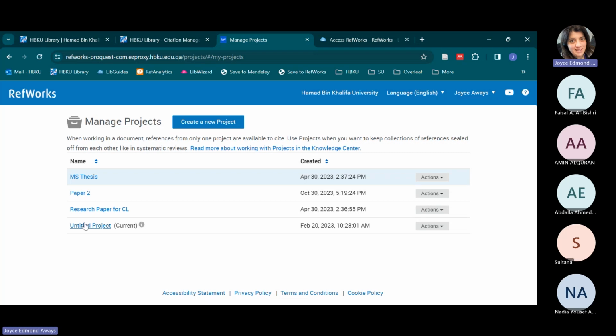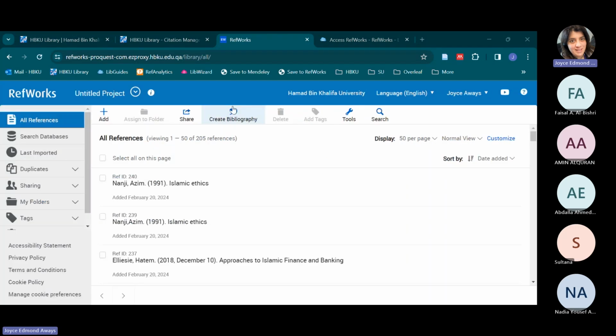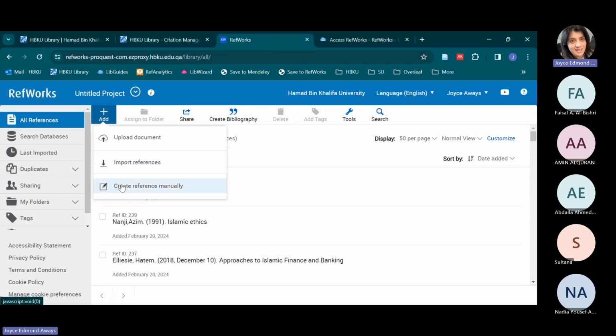Now, if I go back to the project that I'm working on, okay, so now that we have our project, how can we add references to RefWorks? There are different ways to add references. The first way is to add it while you are logged into your RefWorks account, and within RefWorks, you have the plus sign. If you click on it, there are three ways to add references,